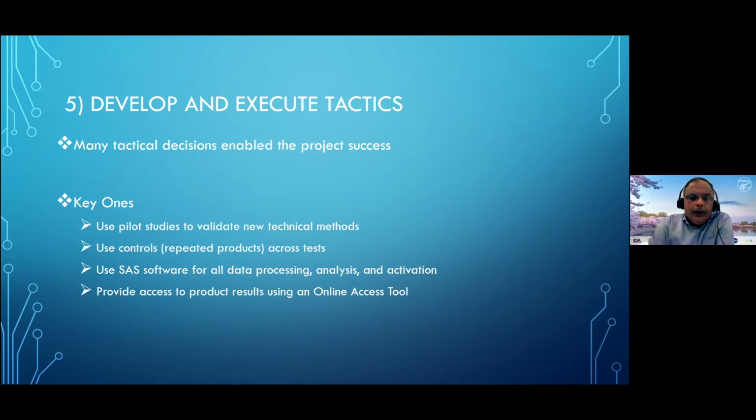The second point is it's very critical to have repeated controls in these studies so that we can integrate information across tests. Without that, it's just a disjoint set of tests and you cannot account for test-to-test variability. We use SAS software for all data processing, analysis, and activation. It doesn't have to be SAS, it could be R, but the skills in our group matched best with SAS in this case. And then we provide access to the product results using an online access tool,